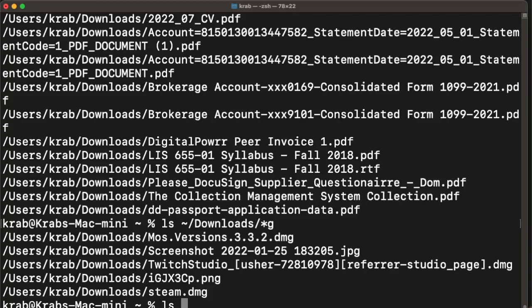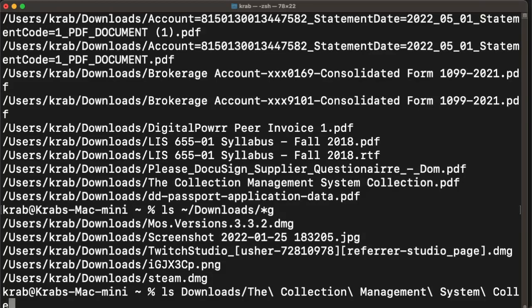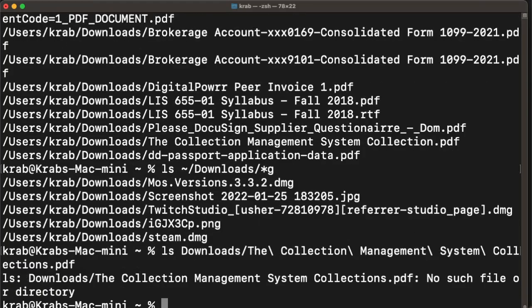And so if I would like to list just that file, I would have to go, the collection management system collection.pdf. And it actually doesn't like that path, probably because I typed something incorrect, which I'm going to jump ahead